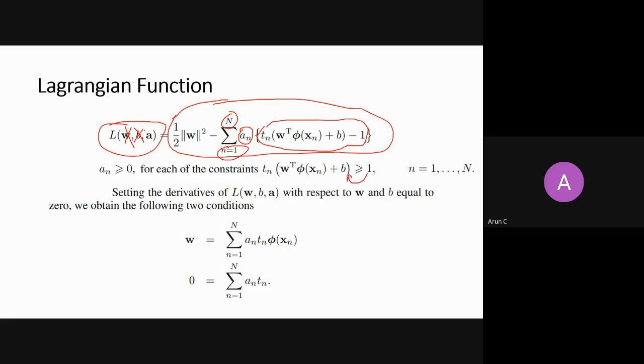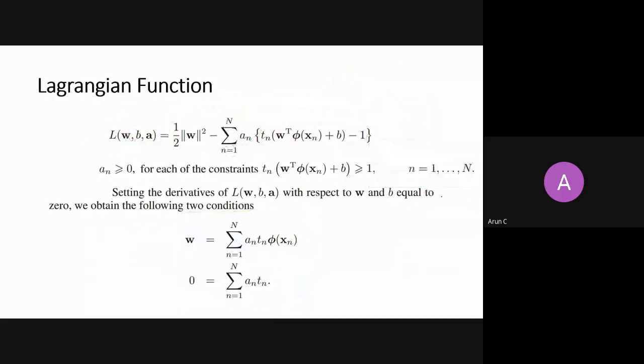So how do you put your Lagrangian in terms of only the Lagrangian multiplier a? The trick is you take this objective function, take a derivative and put it equal to 0 with respect to w and b. When you take a derivative with respect to w and put it equal to 0, you will get the value of w, this. And when you take the derivative of this Lagrangian with respect to b and put it equal to 0, you will get this. Okay, just to show you so that you should not feel some magic here. So it is very easy.